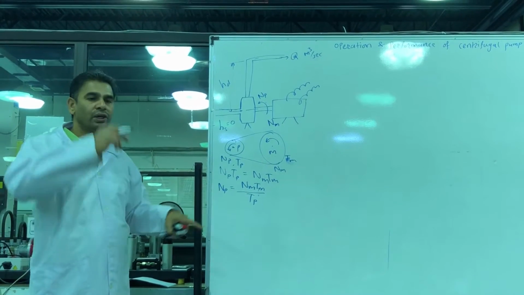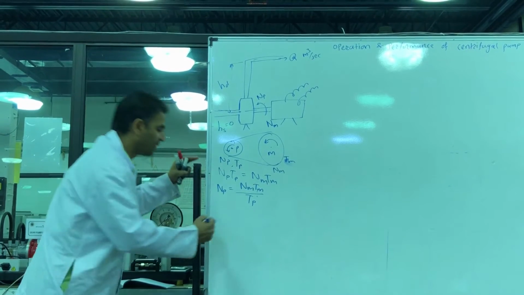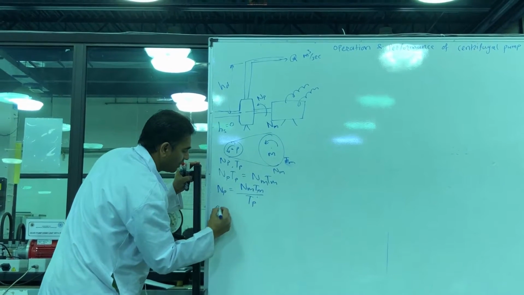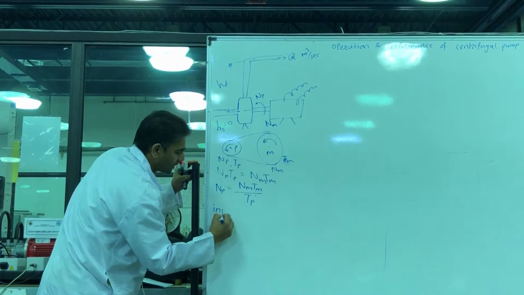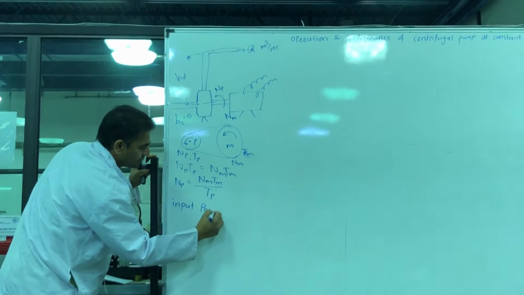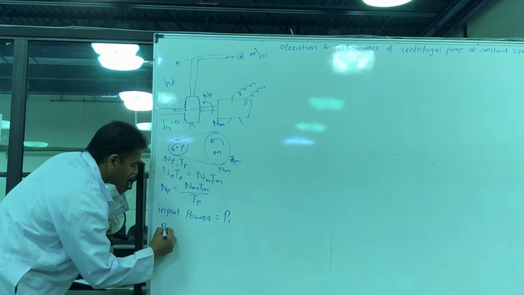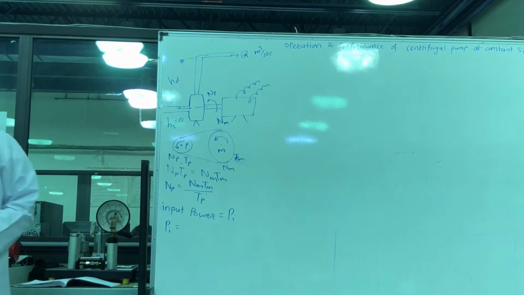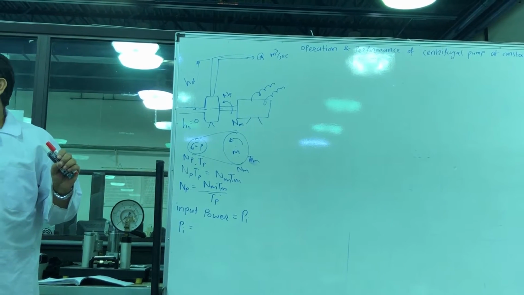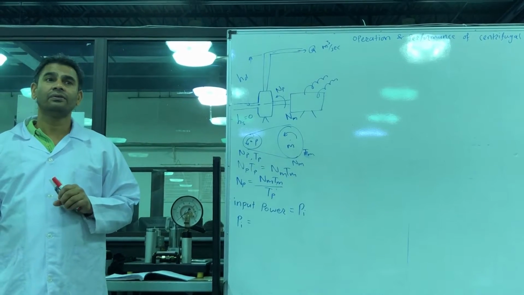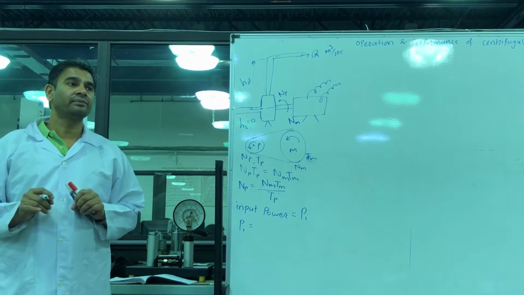Now once we know the rotational speed, how can we find the power? If we know the speed, how can we find power? Input power Pi is equal to, can you tell me the power formula? A generalized formula in engineering, yes? Work done by